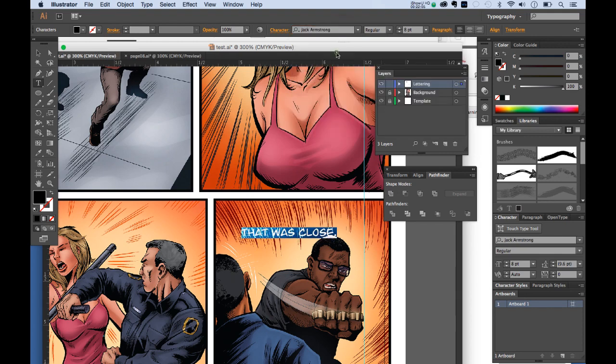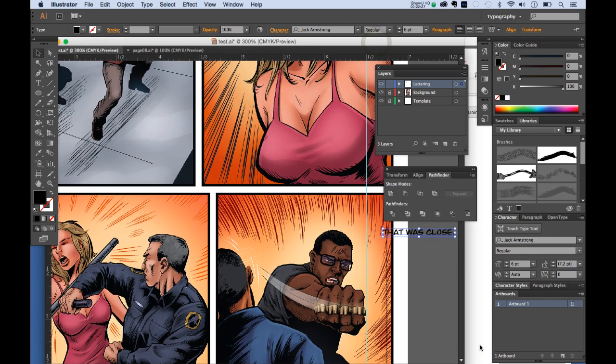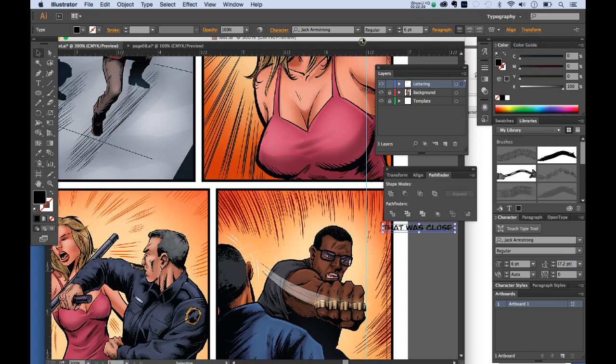So let's grab Jack Armstrong, 6-point. And we're going to be using the character palette here in a second. So right now, I need to break this down into how it's going to fit. And this is what takes a long time when lettering. I wish I could say it was easy, but you have to take the space that you have,